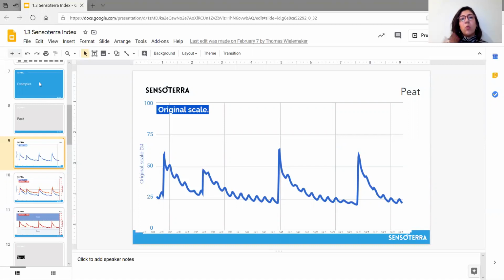When reading soil moisture, you will see that your sensors present peaks. These peaks indicate the soil moisture levels